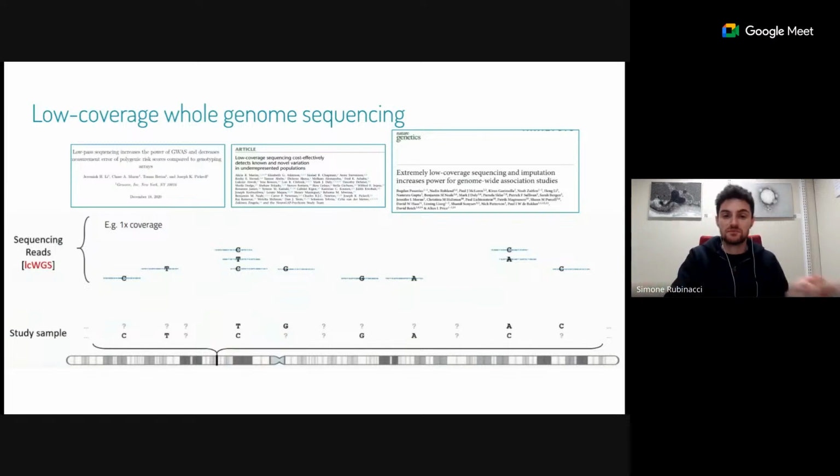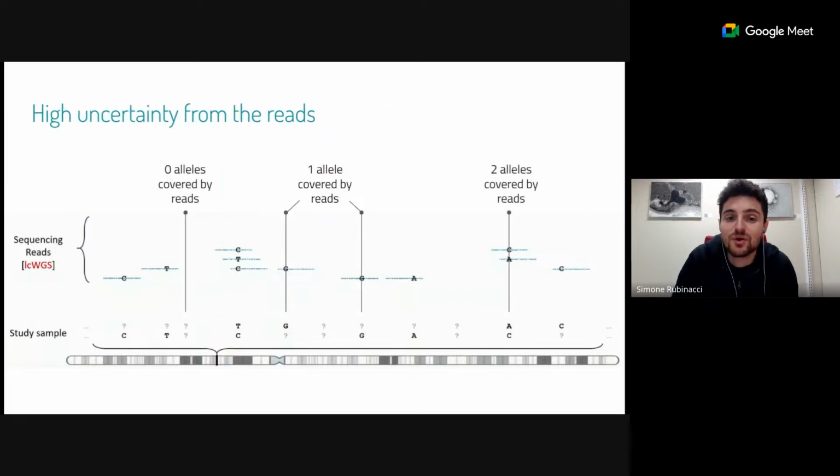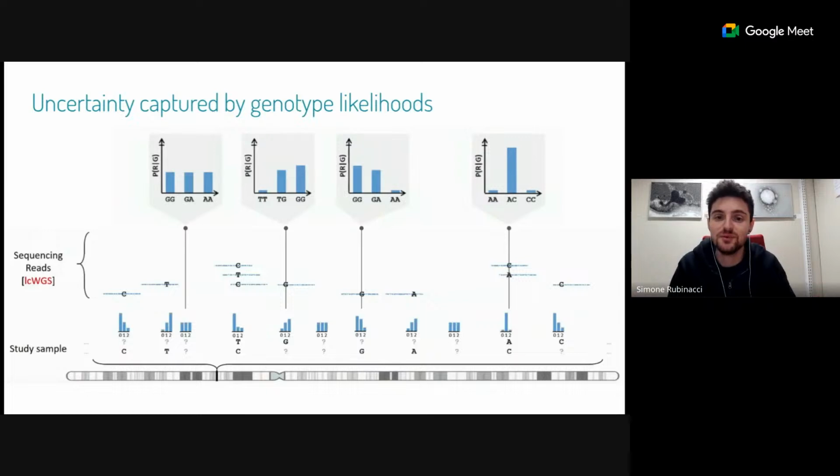With 1x coverage data, standard genotype calling is basically unfeasible, and there is a large uncertainty in the data. So how can we perform genotyping with data of this type? First of all, we could model this uncertainty in a probabilistic framework using genotype likelihoods, representing the probability of the read data given the genotypes. These probabilities will be completely flat if we don't have any observed data, for example when we have a coverage of 0, but they will be spiked towards one or the other genotype as soon as we have reads available.